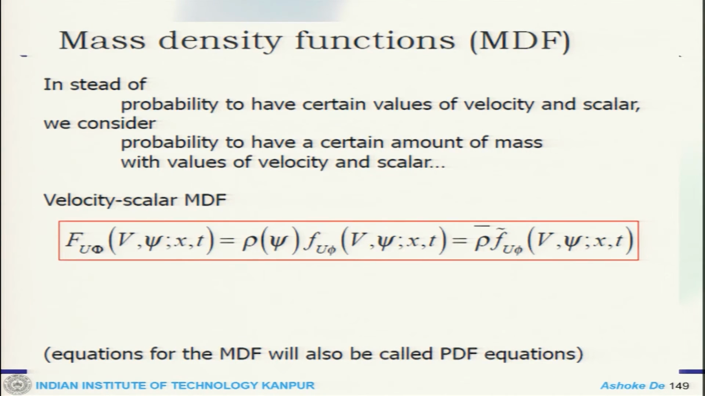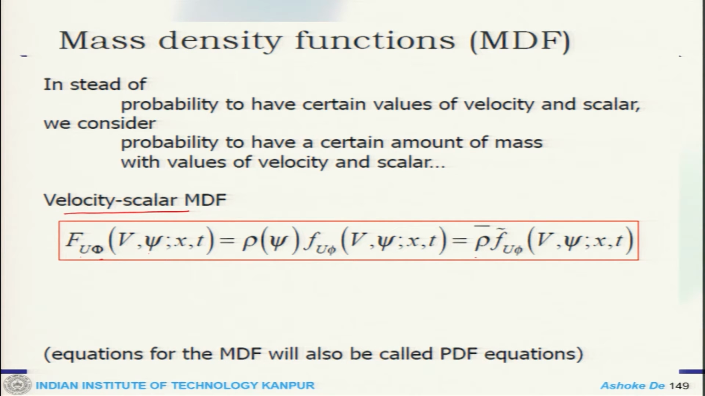Now, we can also define the mass density function, where instead of the probability of having certain values of velocity and scalar, we now consider the probability of having certain mass with those values. So, now the velocity scalar mass density function, which will be defined as f u phi, on velocity and scalar, is rho bar, and so